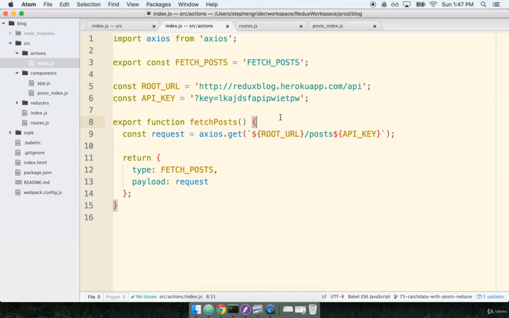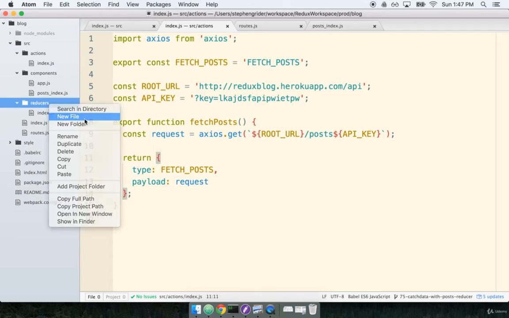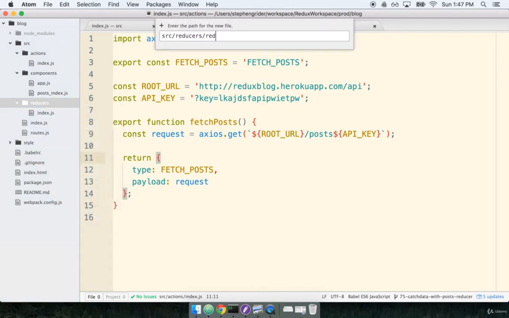In the last section, we put together an action creator to fetch our list of posts. In this section, we'll implement a reducer to catch that data and produce our application state. So as before, our reducer will be inside of a new file inside of the reducers folder. We'll make the new file and call it reducer